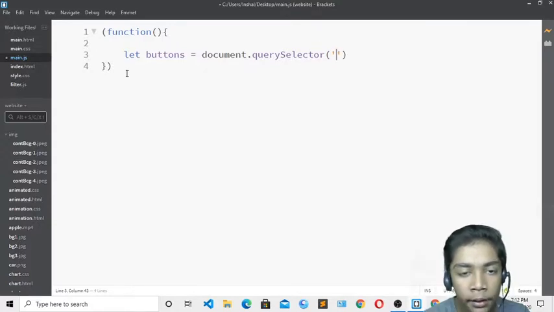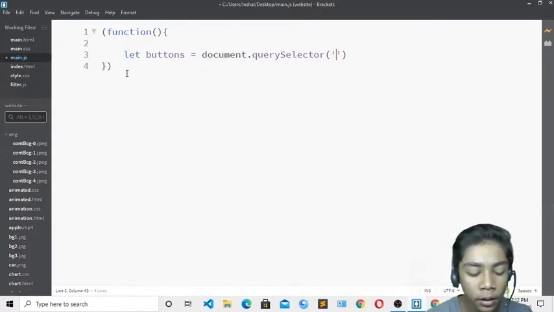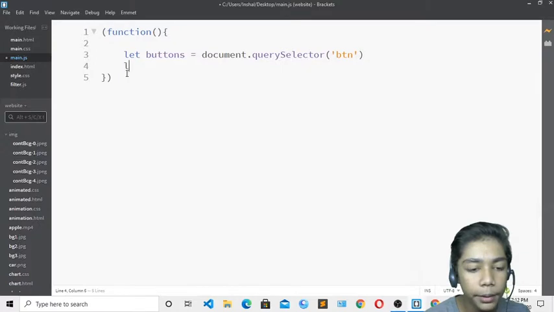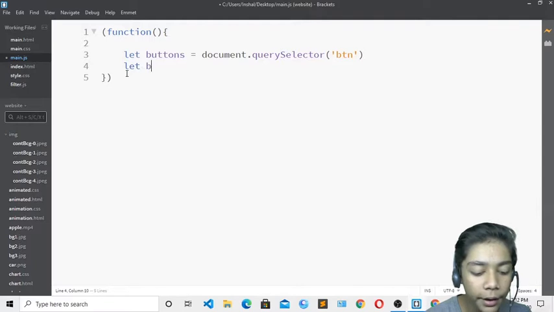So now here you have to write btn, okay. I will not write any class, because I have not written any class of btn in my HTML file. So I am just defining buttons of all and mail and car, okay. So I will define btn over here. So I will write btn, then I will define let, okay. When you define this let, just come and write over here, okay. So we have defined our buttons.